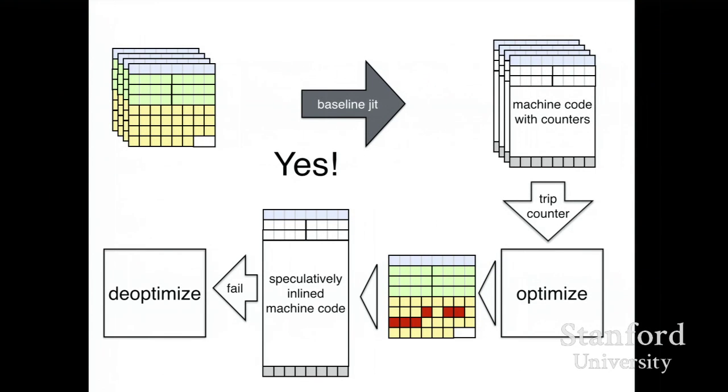So now the model of our system is that, on the left, we have bytecoded methods which are compiled by the baseline JIT into machine code with counters. And now when those counters trip, I arrange that a message is sent back into the Smalltalk system, just like an exception arising from the runtime. And now my optimizer is a Smalltalk program, so it's a white box. What that optimizer does is output a bytecoded method, which represents the inlining of many,